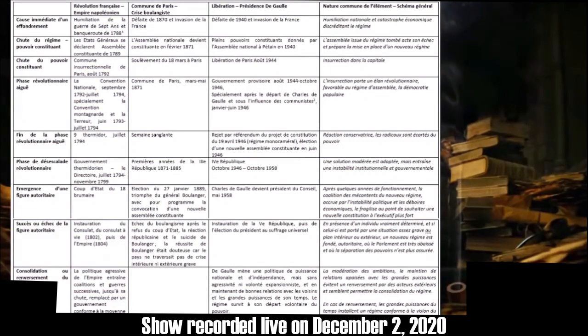You have the National Assembly, which becomes constituent when Napoleon III, who has been taken prisoner by the Germans, abdicates. You have the Paris Uprising, an insurrectionary commune, as in 1792. And so you have the creation of this revolutionary phase, which didn't last as long as the first French Revolution, for the following reason: this time the Constituent Assembly decided to